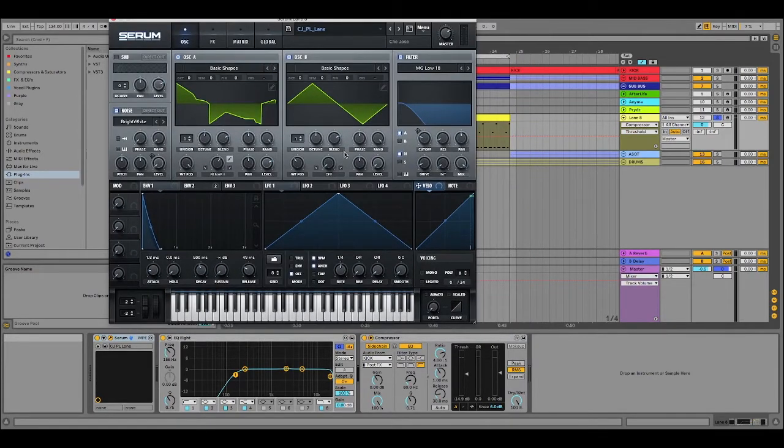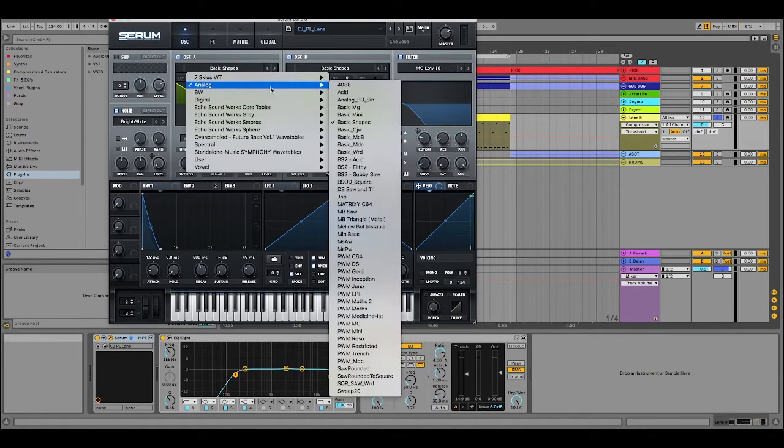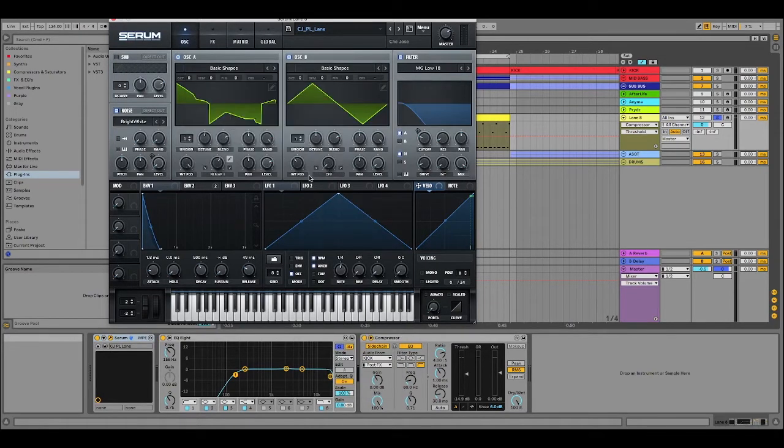So this particular preset just looks at a basic shapes analog waveform which has been amended slightly to give it this kind of weird curve, which gives it that distinct sort of sound. It's got another saw wave on the second oscillator, and just running a single voice of unison. So really the characteristic is done in this first oscillator.